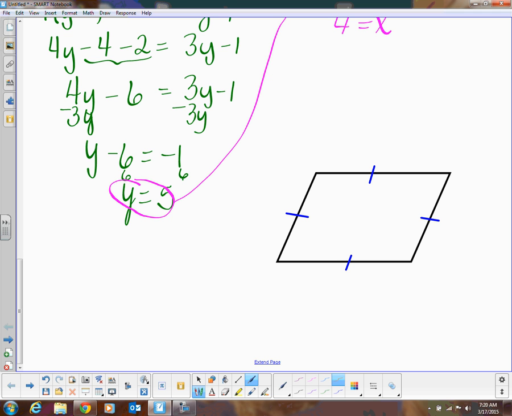This would be 21. What kind of parallelogram is this? Rhombus. How do you know? What gave it away? All the sides are equal. Why can't we call it a square? There's no guarantee that this is 90 degrees. This could be 90 degrees, and it could be a poorly drawn